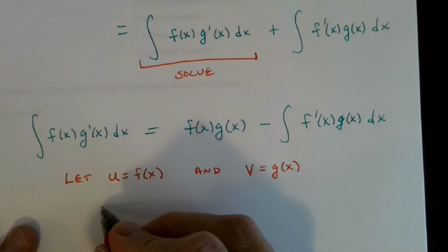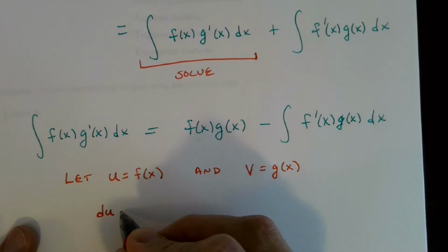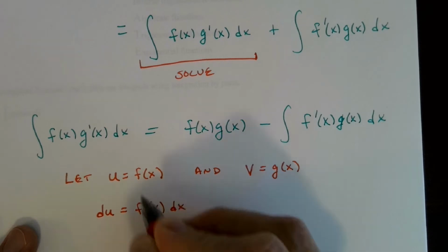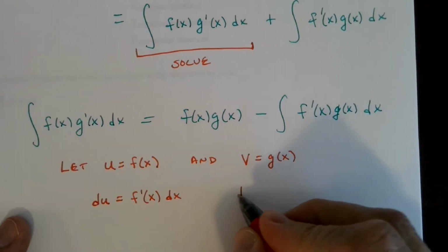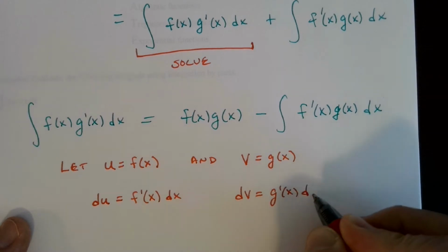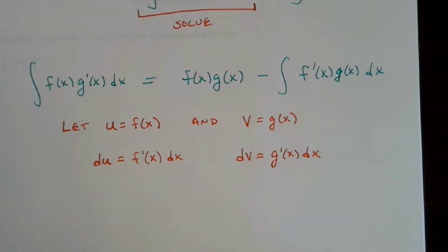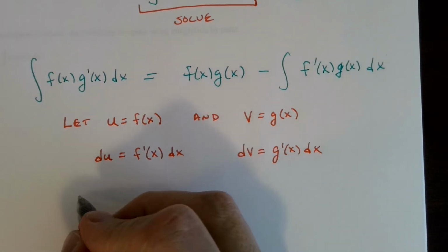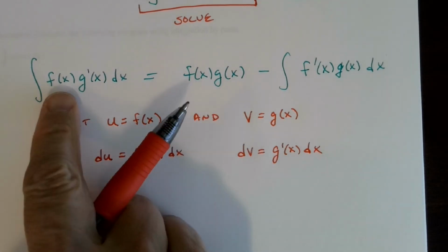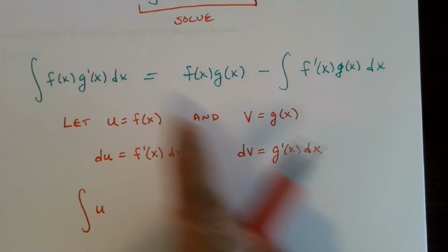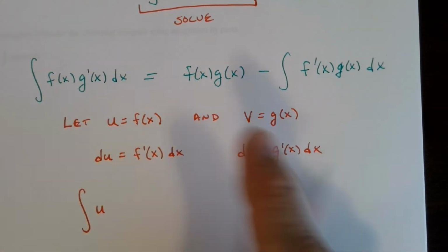Then the derivative of u with respect to x is f prime of x. So du is f prime of x dx. So that's kind of like substitution. In the same way, dv is g prime of x dx. And all I'm going to do then is replace what I have up here in terms of u's and v's. So I've got the integral f of x, which is u, g prime of x dx, which is dv,